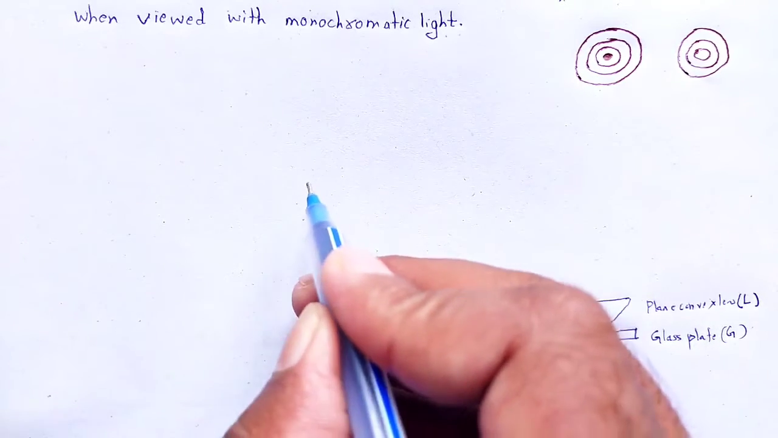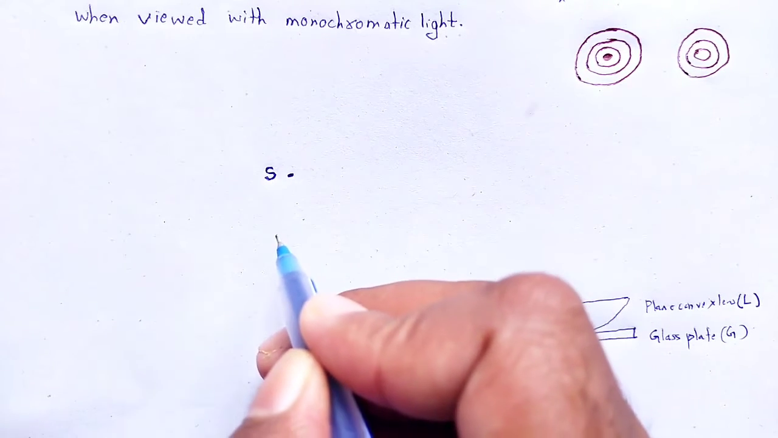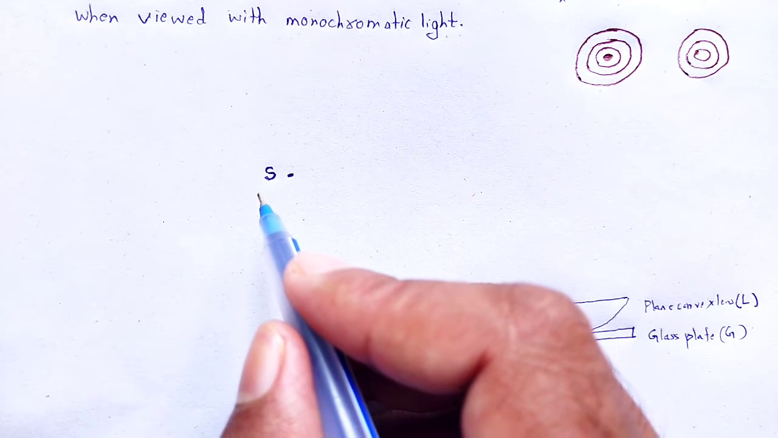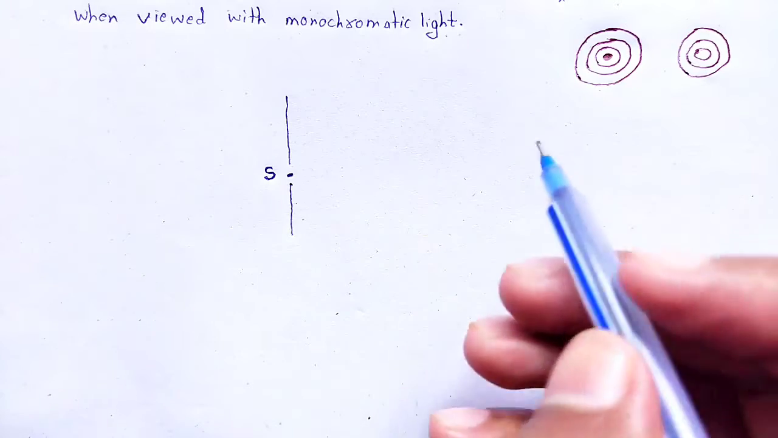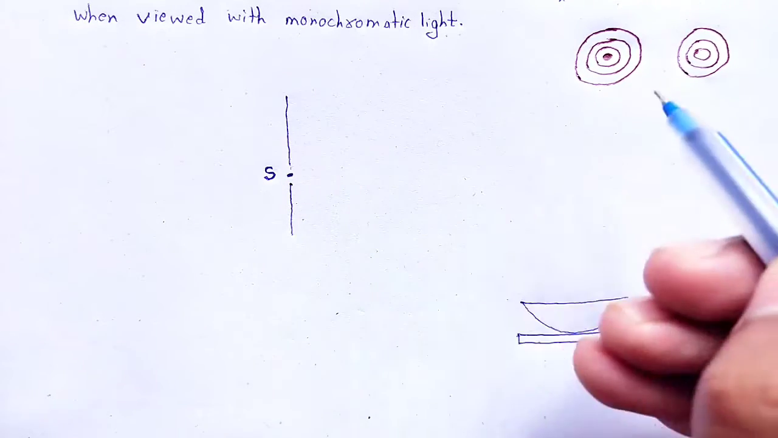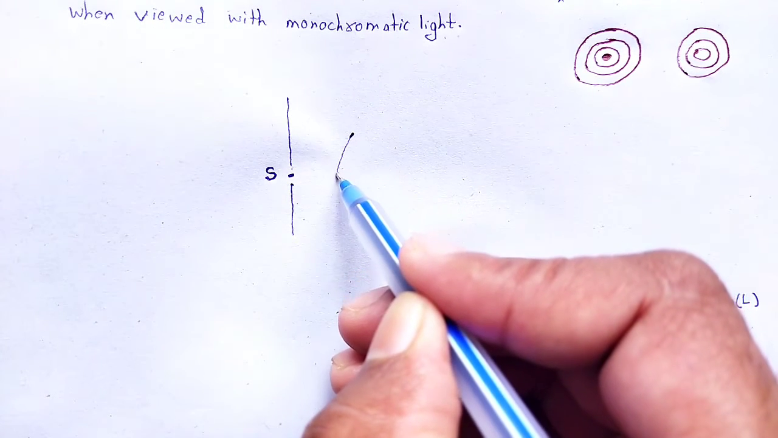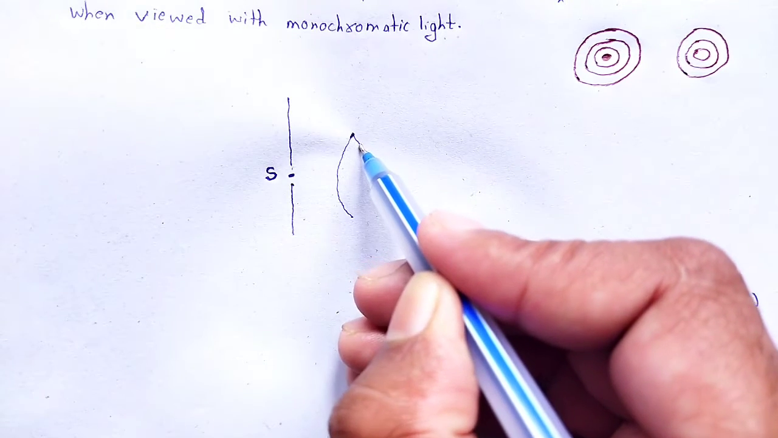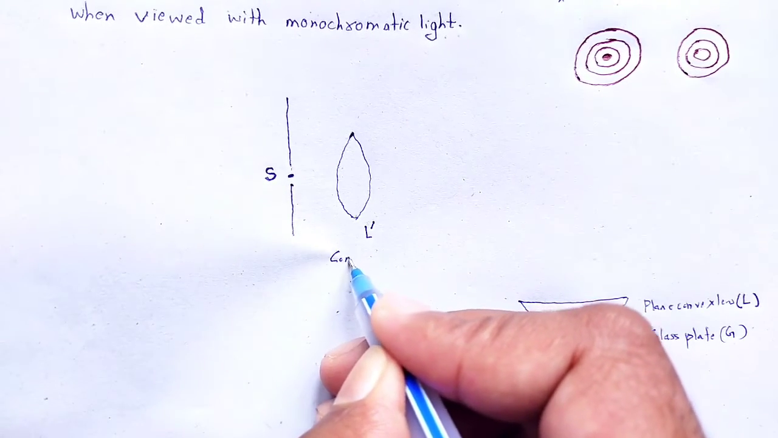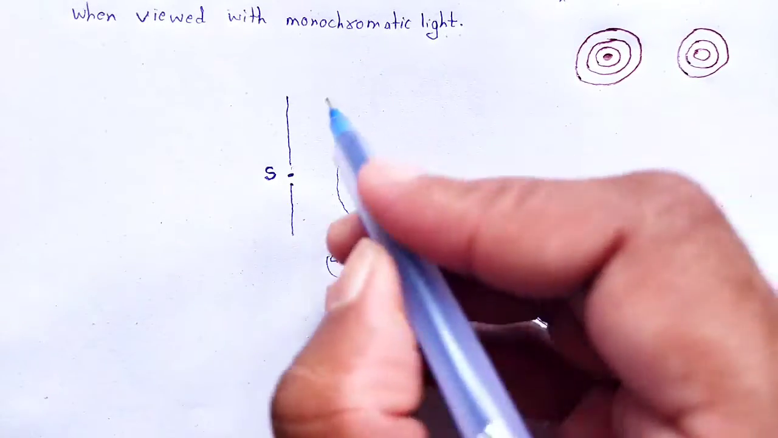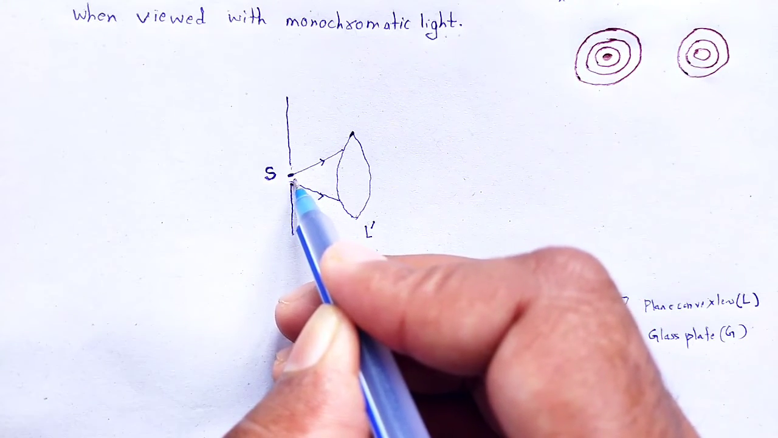He used a monochromatic source of light. An example of a monochromatic source of light may be sodium light. That monochromatic source of light is collimated using a converging lens, a convex lens, that is L dash. So the light rays